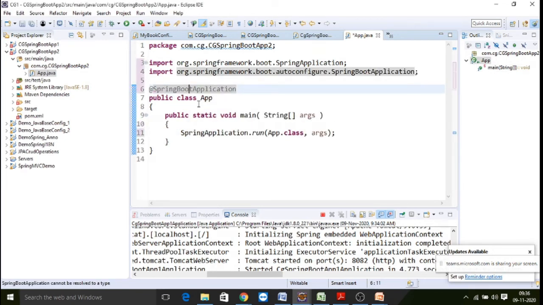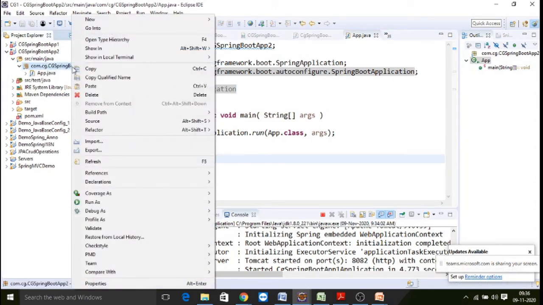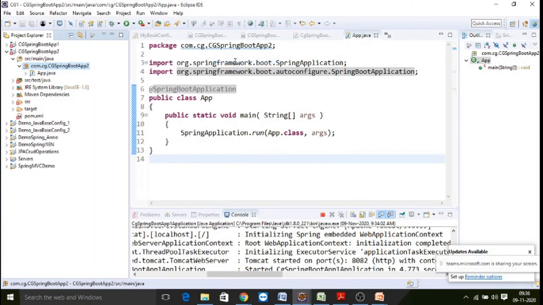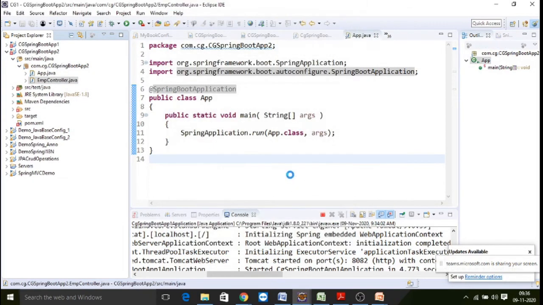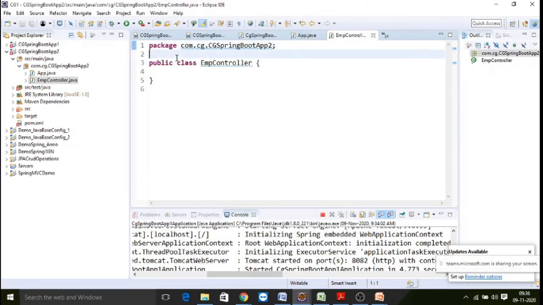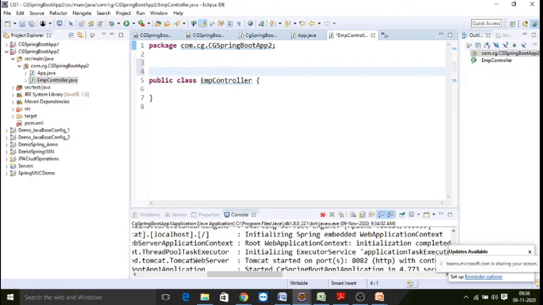This is done. Now in this project we will write a controller separately, an EMP controller. According to your project requirements, you may need to write a hospital controller, an ambulance controller. Here we make it a REST controller.